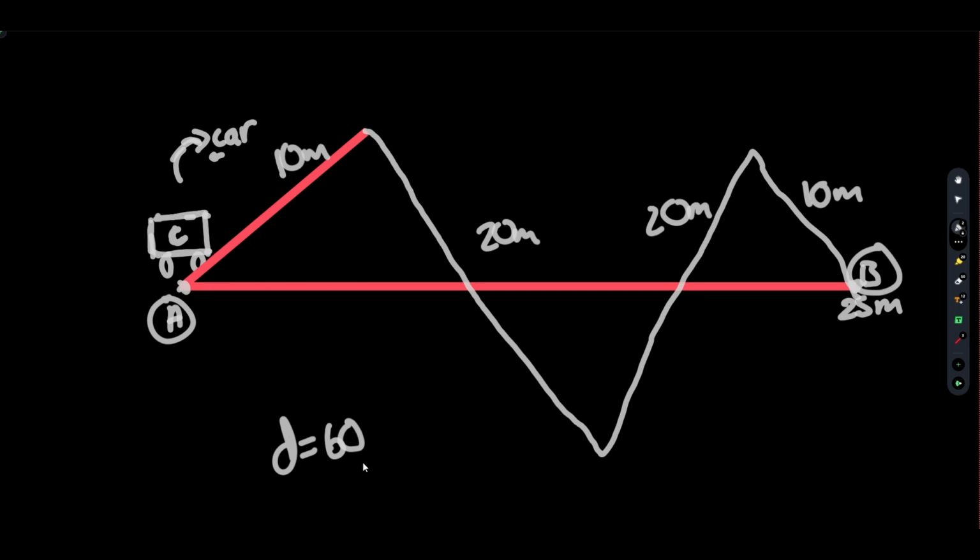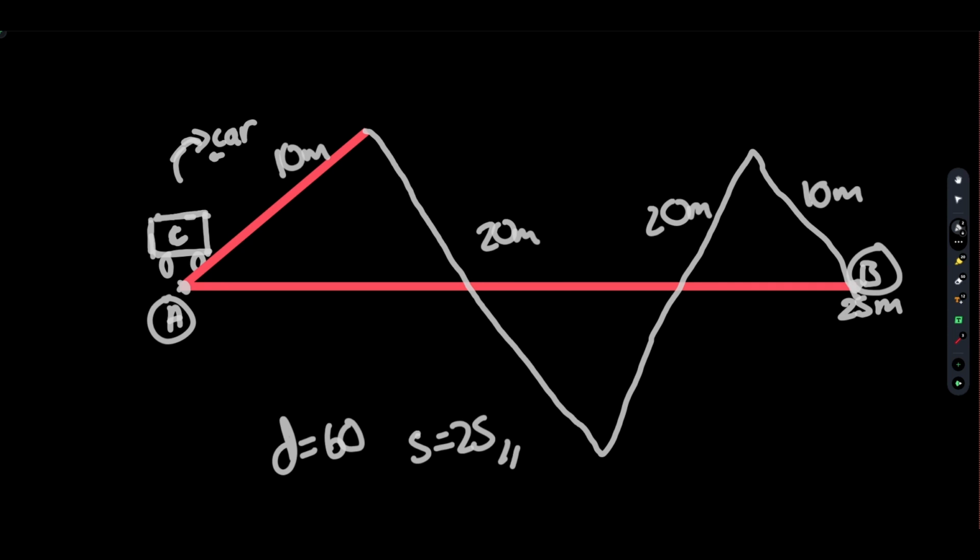But the displacement is 25. Why, you guys ask? Because displacement is the shortest path from the starting point to the final point. Just so I can reinforce that, so you guys believe me,